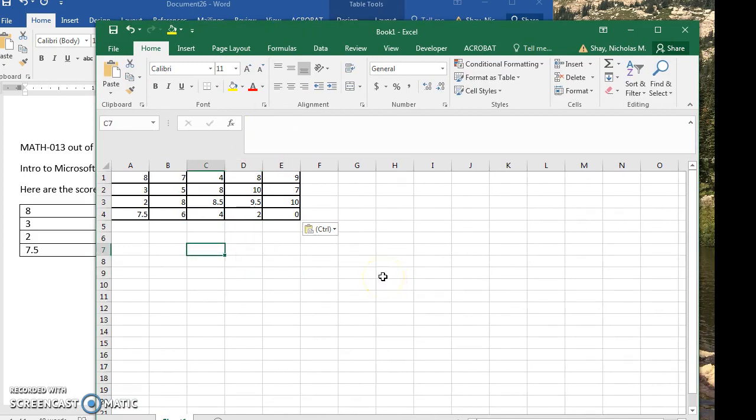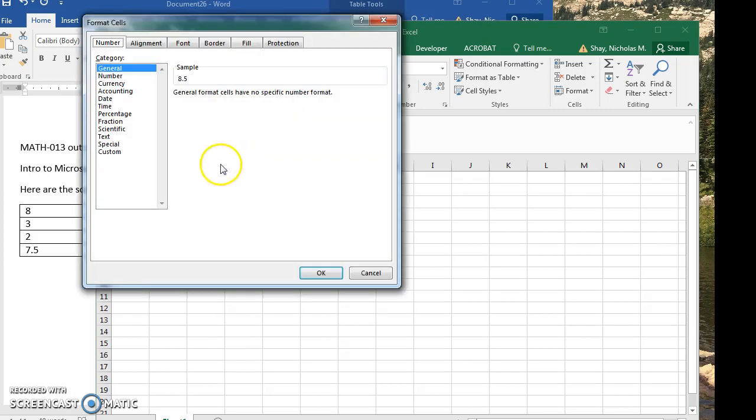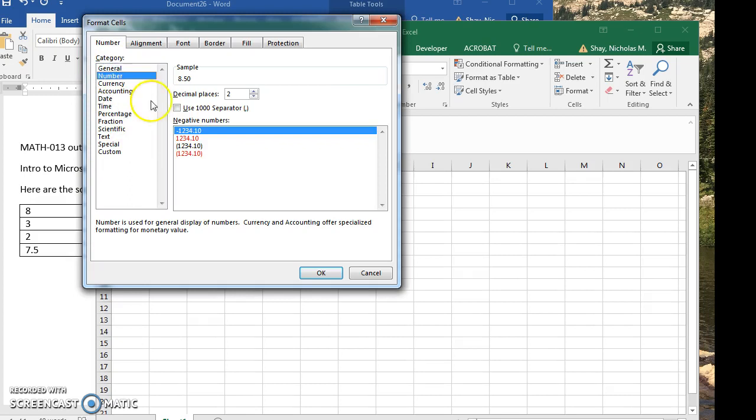Now that we have those in there, one thing I want to show you is that we can change the format of these. If I click on a specific cell, like 8.5, and I right click, you can see format cells. Since it is a number, it's going to give us a few options. When we click number, it allows us to choose how many decimals we want here. Do we want 2 decimals, 1 decimal, and so on. If we were working with money, we would want this written as currency. We could select the symbol for dollars or anything else, but